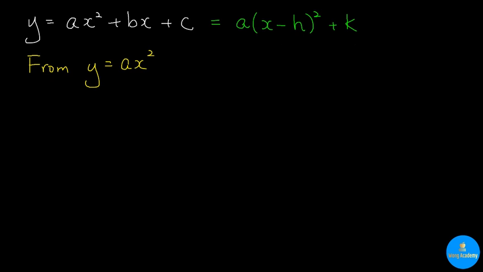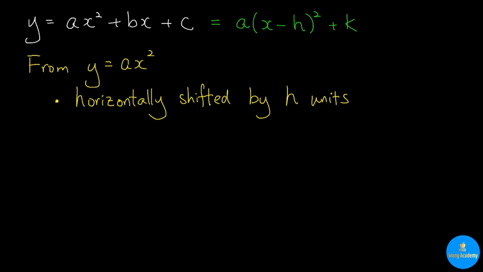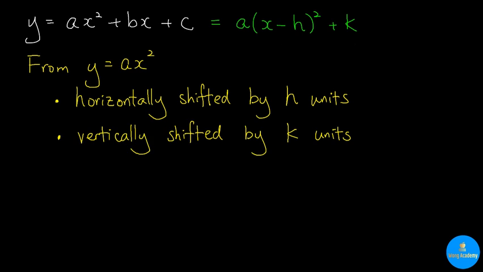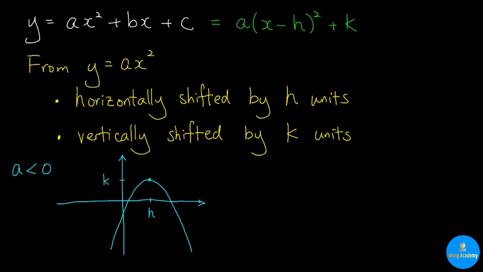Specifically, this quadratic function has undergone a horizontal shift by h units, as well as a vertical shift by k units. If you look at the graph, when a is less than 0, then the parabola y equals ax squared will open downwards, and hence, with the shifting, the new curve will become this,